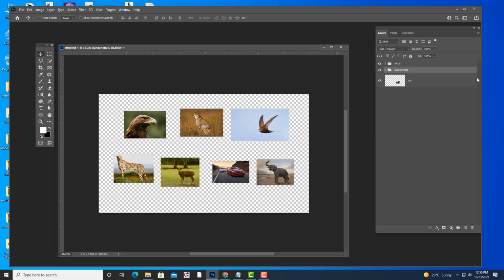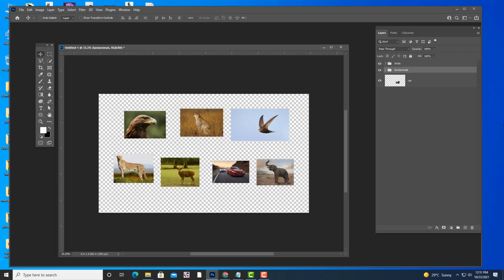Okay, understood now everyone? Subgroups. And you can create more groups, like domestic animals you can create one group, and there you can put dogs, cats, cow, like that you can create. So this is just an example. But there are many other things, for example, if you are designing a poster, in a poster you will be having backgrounds, images, text content.